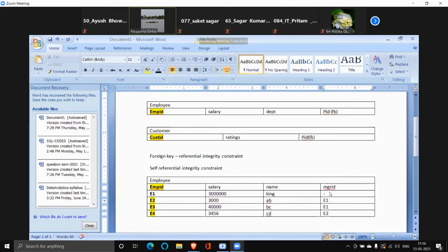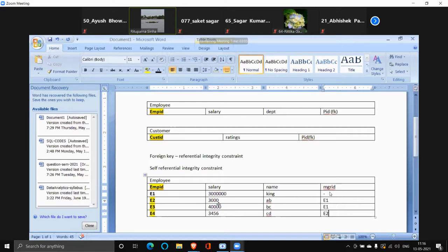Now see, if I give you this record, what is the meaning of this record? Just listen carefully. Employee table, these are the attributes. Every employee has a manager. Maybe there is some employee who doesn't have a manager, who is all in all. So E1 is an employee who doesn't have a manager. Maybe it is his company. He is also working there, but it is his company. He doesn't have a manager.